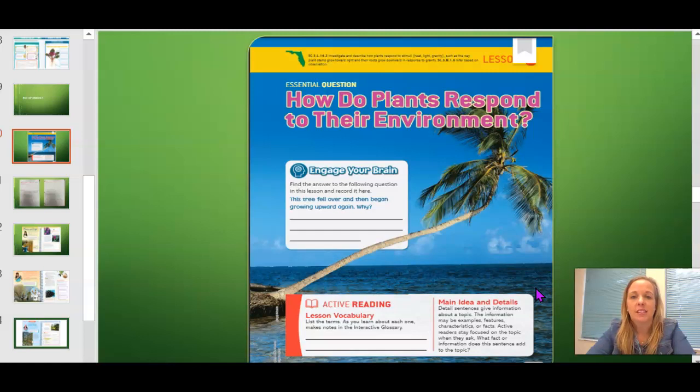We have been discussing plants and their environments and how plants live, what they need to survive. So today we're going to continue on with how do plants respond to their environment and how do plants respond to light. So what I would like you to first do is take out your science notebook or two pieces